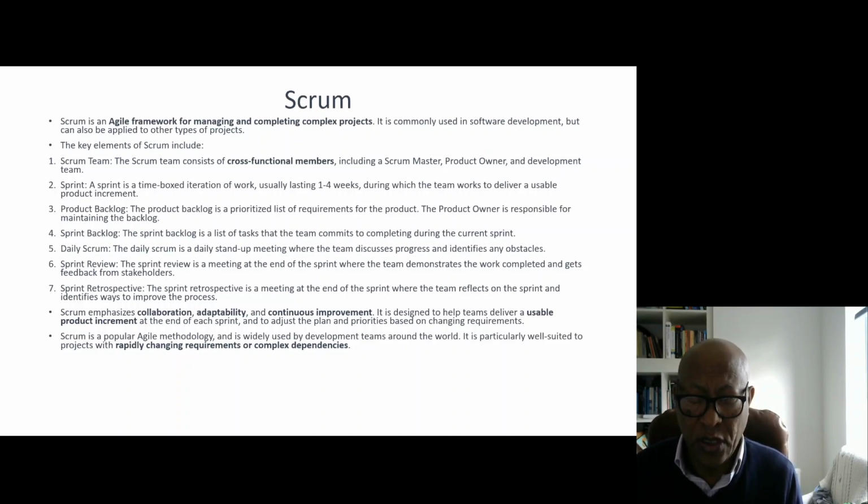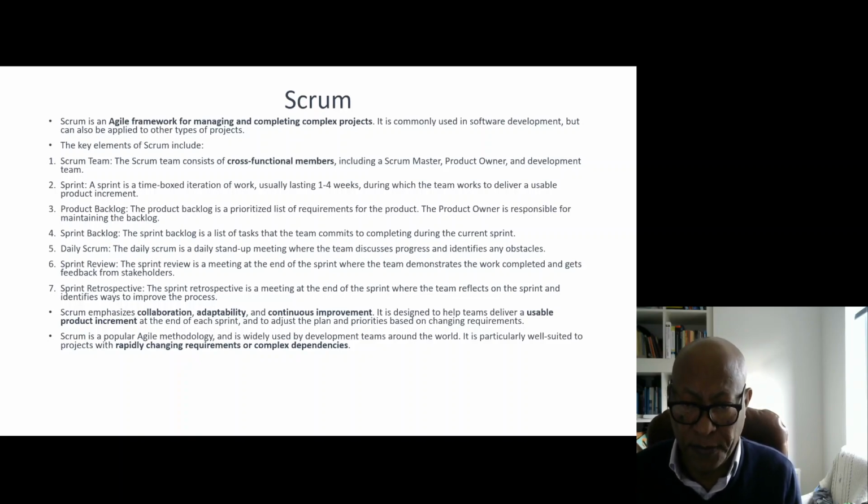And then, while you're doing this, you will have what we call the daily scrum. That's the daily scrum meeting, where you talk about progress, difficulties, obstacles, how you're going to solve those obstacles, what the key elements are, and how the progress is going. So this is like any project management, whereby you measure and discuss project progress, obstacles, challenges,